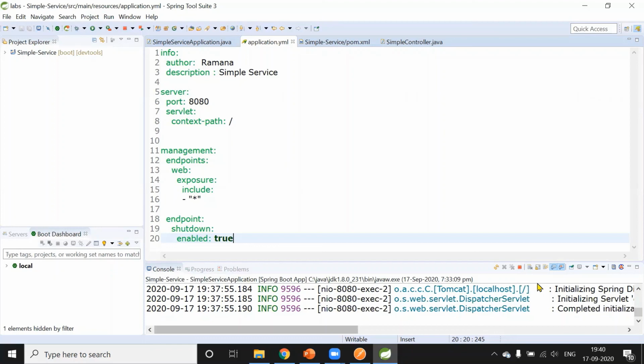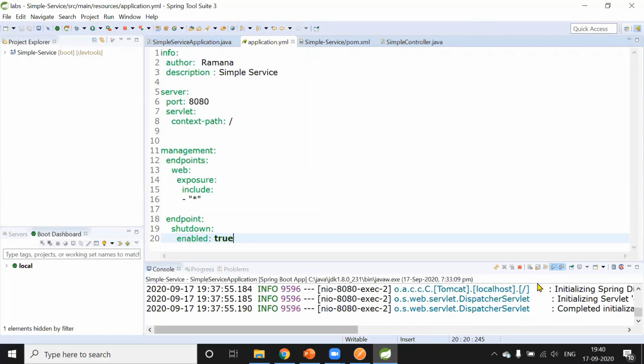Whenever we do graceful shutdown, the Spring Boot application, step by step, completes all the existing requests. It will not accept any new requests. First, it will finish up all the existing requests, then the graceful shutdown happens. Normally, when you start Tomcat, there is a startup script and a shutdown script. Normally we use the startup script, but we don't use the shutdown script. We directly press Control-C, but that is not a best practice. We have to use the shutdown script.